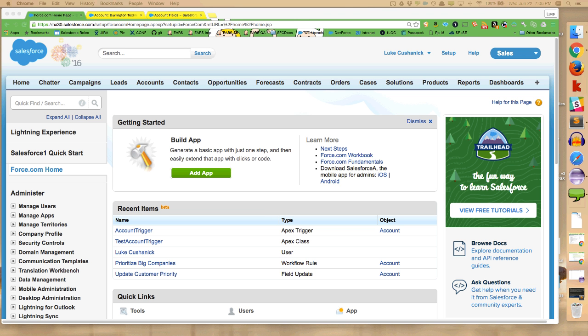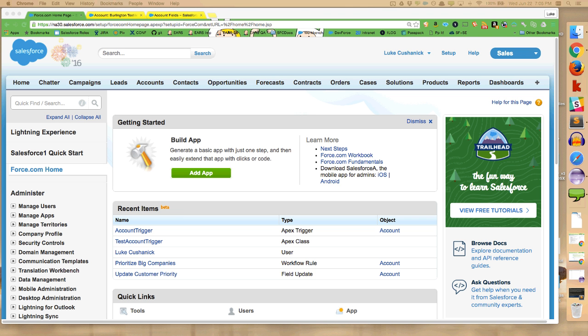These webinars are aimed specifically at those admins out there who want to extend their Salesforce skills into development. It does not require that you have any prior experience with development, although it is beneficial if you do have development experience, and certainly good to know the Salesforce Admin interface. That means knowing how to get around the various objects in Salesforce, how to create workflows, how to create custom